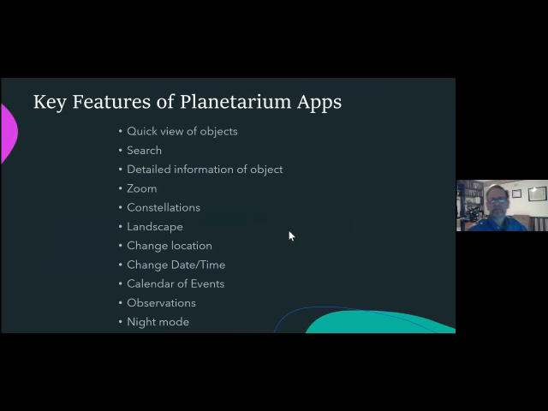So here's some of the key features that these have in common, and then we'll also cover. There's usually some type of quick view of the object. Some place you can go and say, hey, what are the common objects that I look at? Usually planets, moons, solar system objects. There's usually a search feature where you can find objects when you just can't find them any other way. There's a way to get detailed information. You either click on the object or you go to some special place. You can zoom in. So if you click on, say, Jupiter, you should be able to zoom in and actually see Jupiter up close, or the